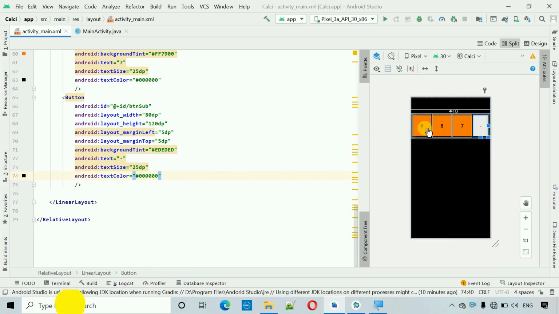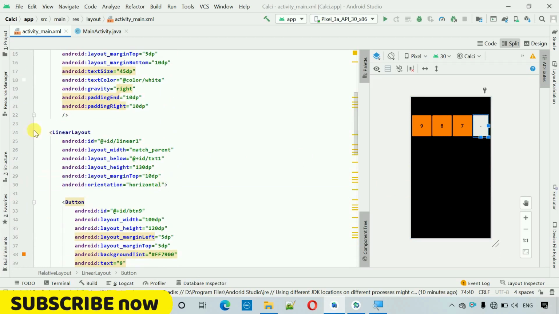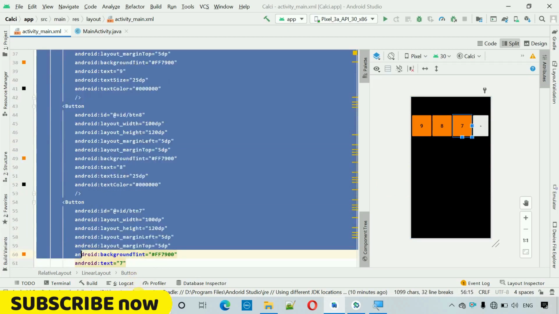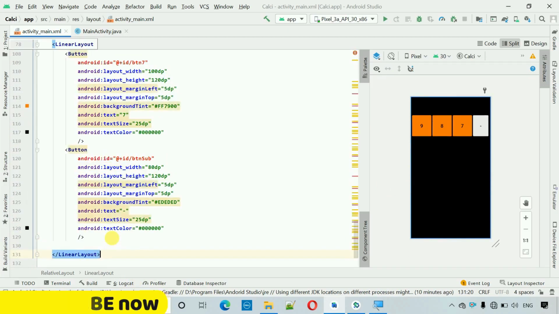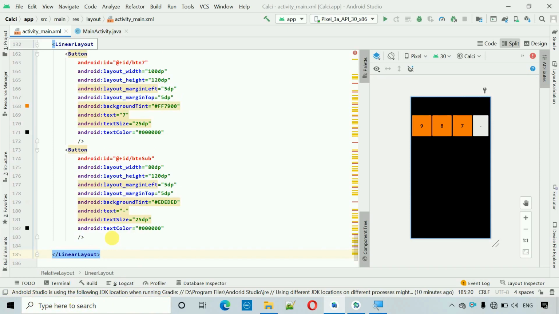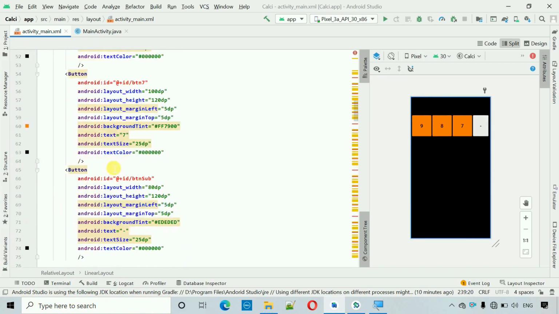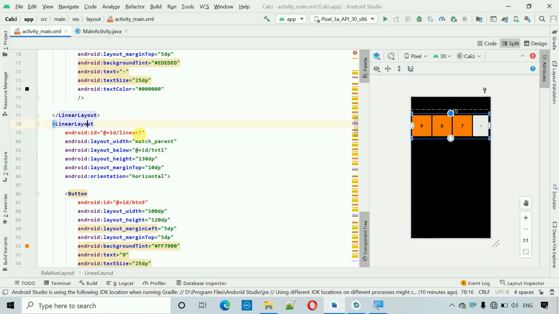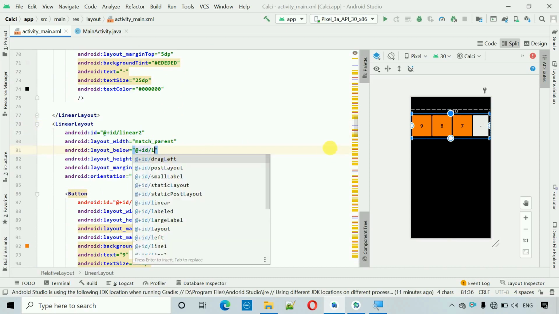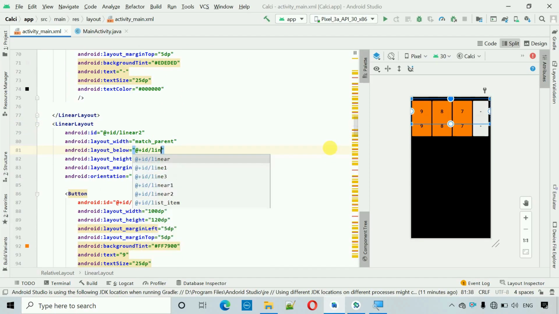After this, what we have to do is we have to add multiple layouts in a similar way. So I'm going to move back over here, just copy this stuff, the complete stuff till linear layout, and paste it 2 more times, actually 3 times, and move back to the top. And below this, the first linear layout here, I'm going to change this name to 2, and this linear layout will be below, change this one to linear 1,